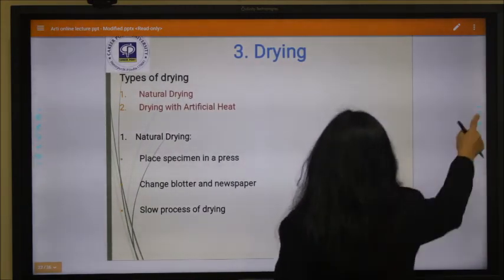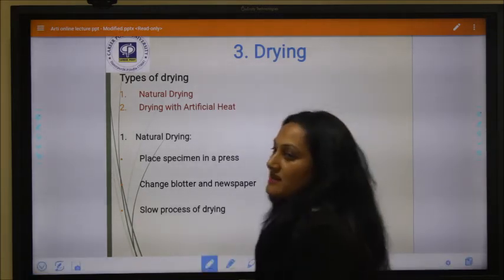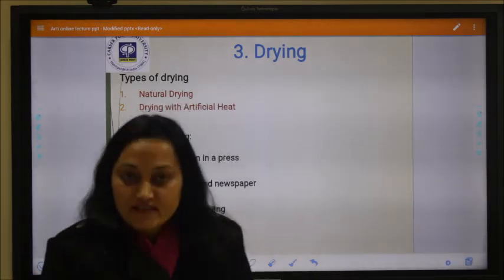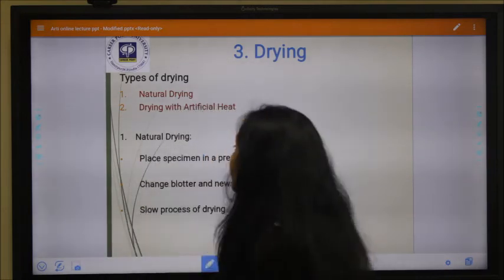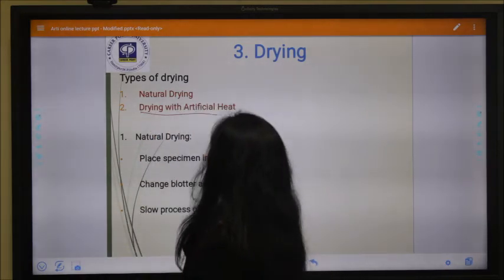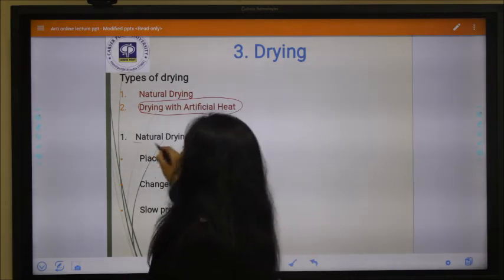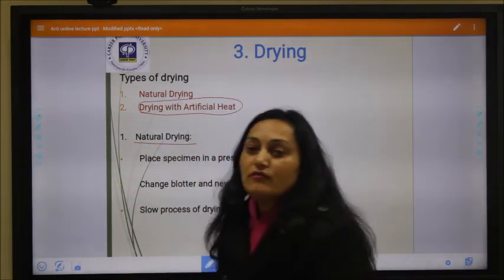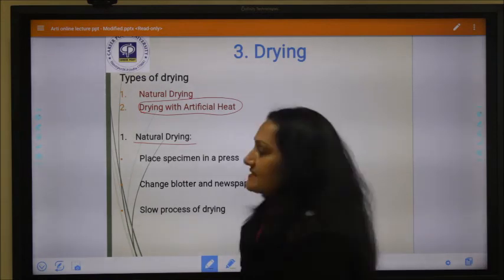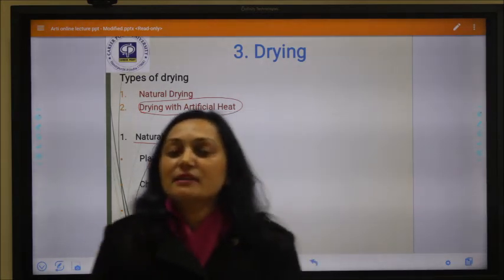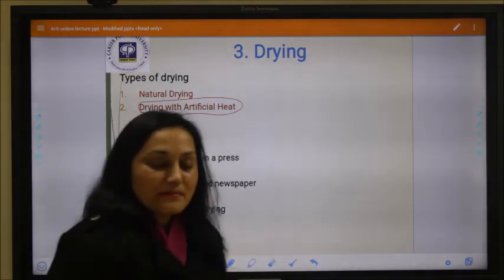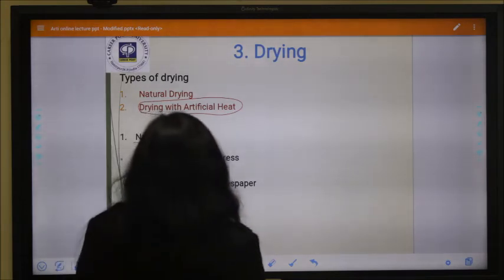Next important step is drying. Drying is of two types, natural drying, and the second one is drying with artificial heat. Let's discuss natural drying. For natural drying, place the specimen inside the press and then